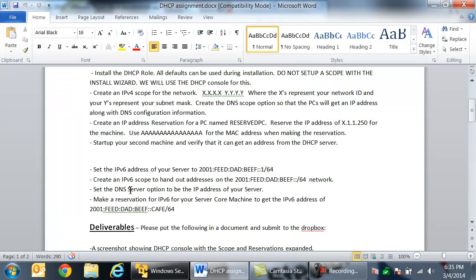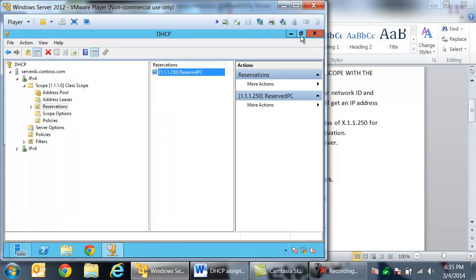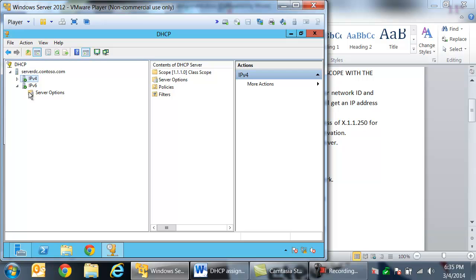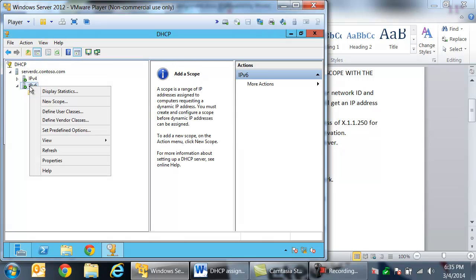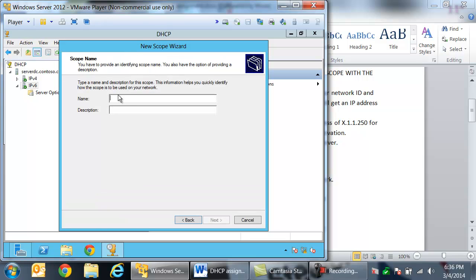So it says create an IPv6 scope to hand out addresses on the 2001:FEED:DAD:BEF::/64 network. Pretty much the same process that we did for the IP version 4. Go into your IP version 6, right click, new scope for IP version 6. The name, I'm just going to give this class lab